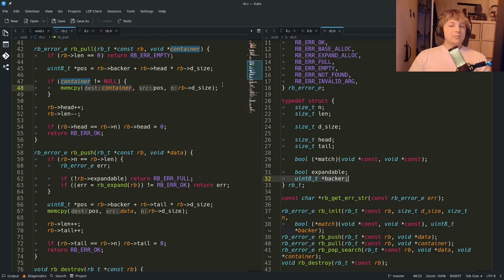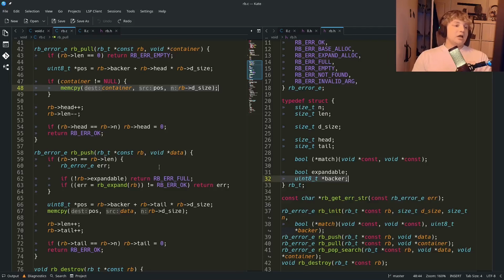And if the caller has specified a container, we can populate that container with the contents of this using, again, our friend memcopy. And like I said, with memcopy, we don't need to know what the type is, we just need to know the position and the size, which we already have because that's part of our metadata. And that way, we can simply give the data back to the user. They know how to deal with that because they can do a cast on their end,